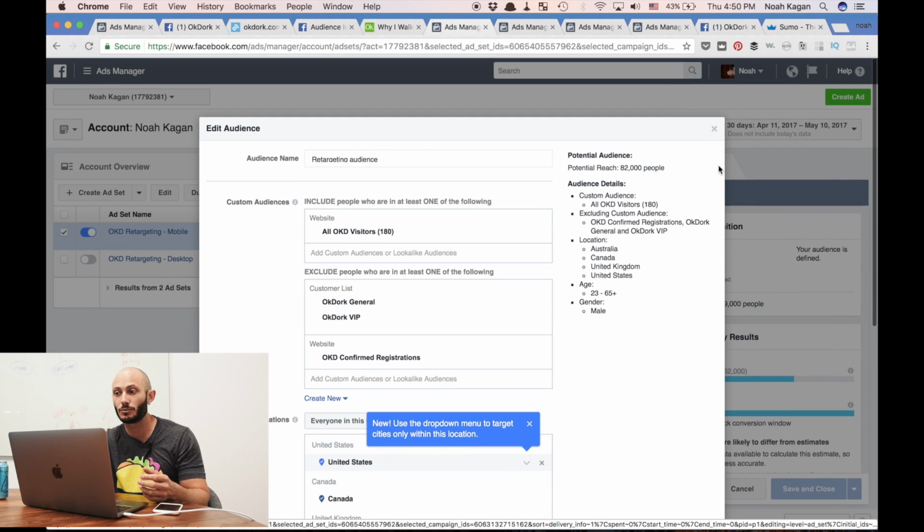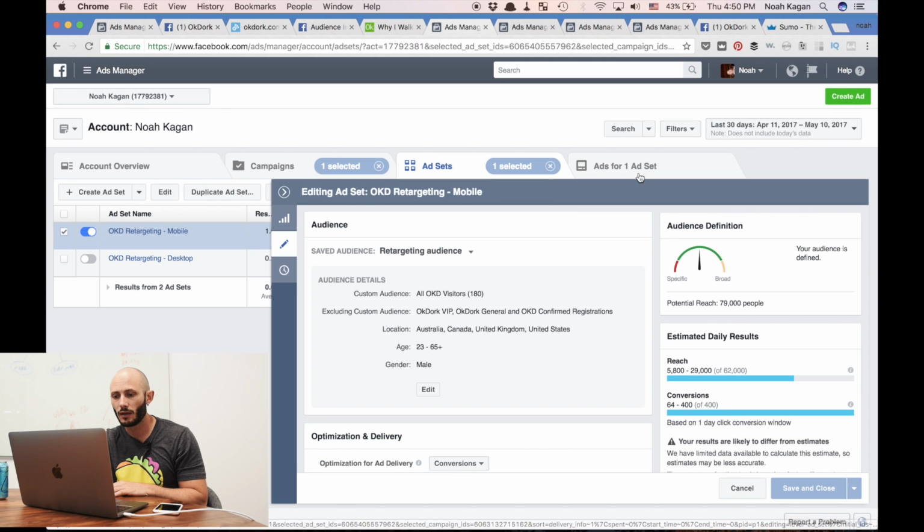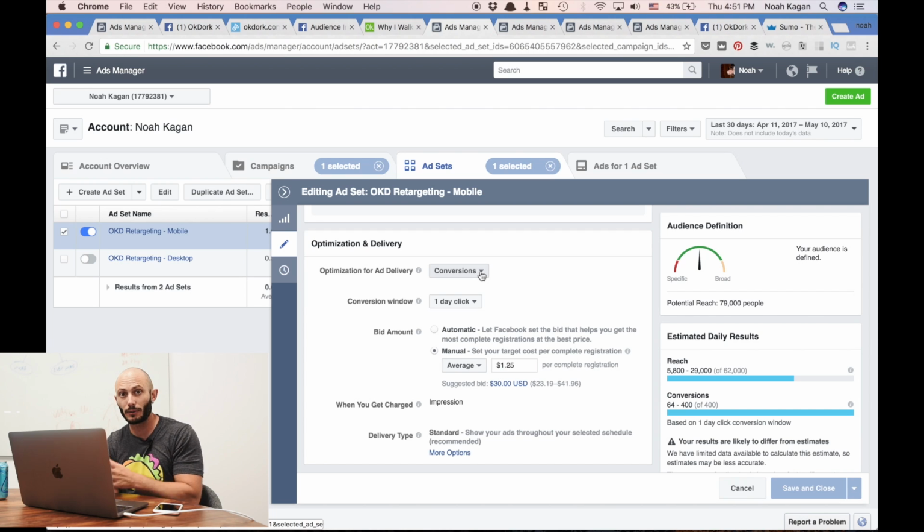Now it's going to show ads to people who are visiting my website and not on my mailing list yet. So I have it in terms of the optimization, delivery, conversions, because I want the email sign up. I'm not trying to get link clicks. I want conversion event to be 1 day. That means that Facebook has 1 day to figure out if things are happening with those traffic. That's it. I put my own manual bid amount, but again, you could do automatic. I just said I want $1.25 or less and go as crazy as you want, Facebook, and I save and